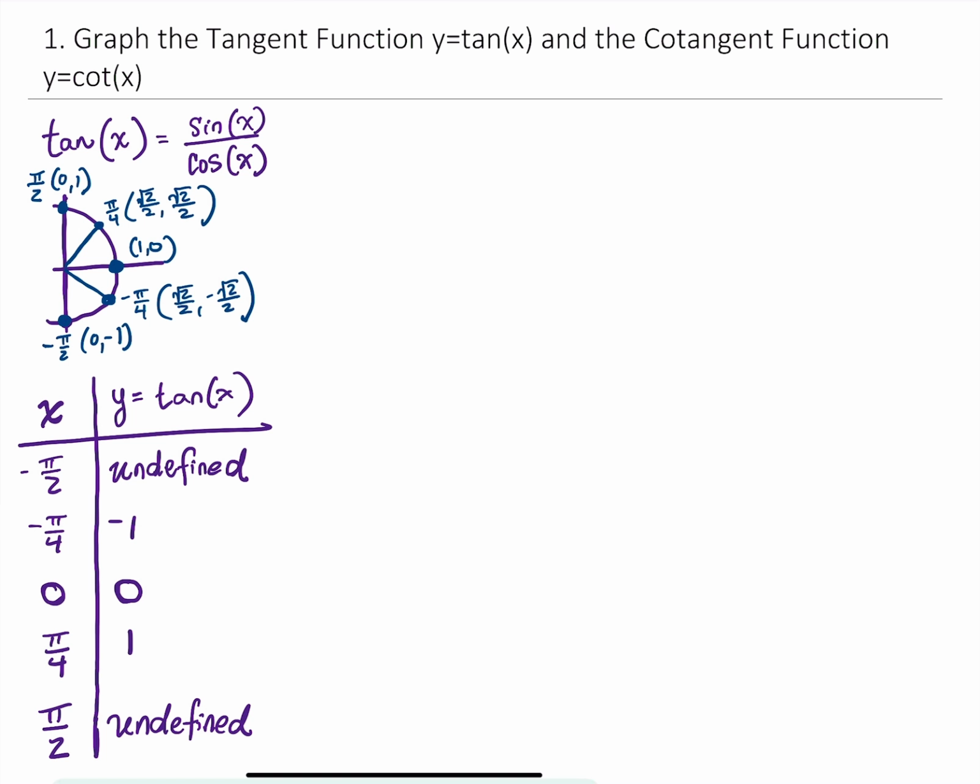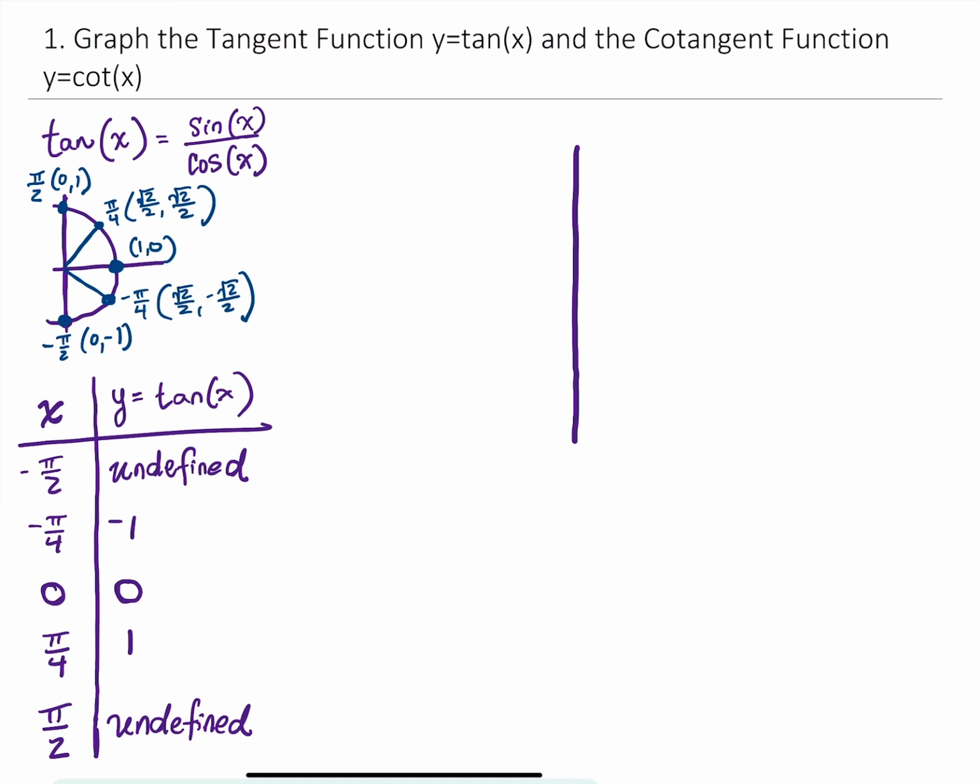So this is one sort of cycle through what will be a repeating pattern. If we were to continue, we should see, after undefined, then a negative 1, then 0, then positive 1, undefined, negative 1, 0, positive 1. The cycle will just repeat from there on. So let's plot at least these points on a graph, but we'll imagine that the pattern continues infinitely in both directions. So the standard graph of the tangent,